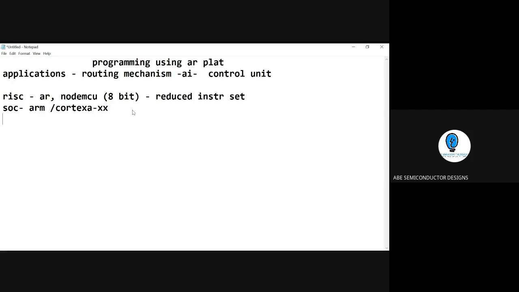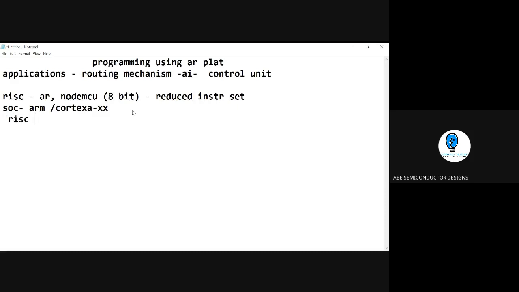One is high speed computation, the second is that you can go for single cycle, and the third is that we can have register based programming. Since it is register based programming, you should know about the registers, and when you substitute some values in those registers, it finds the application. This is the logic which we come across in the RISC architecture.